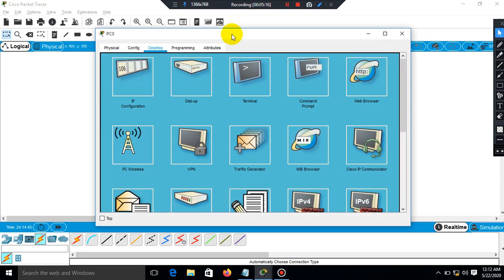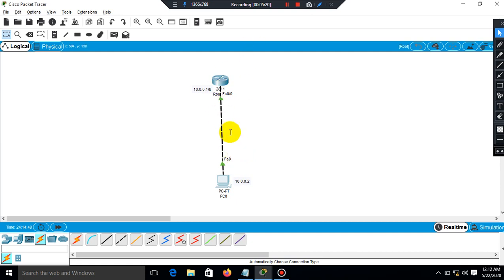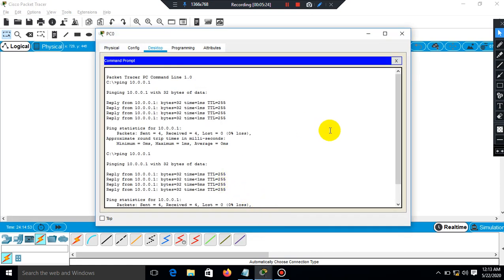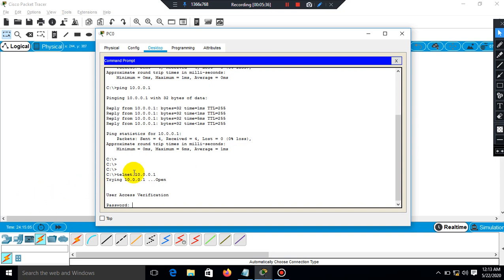Now I am going to try to access this router from this PC. The command we use to access the router is telnet followed by the router IP. When I type telnet 10.0.0.1, I have entered the router.